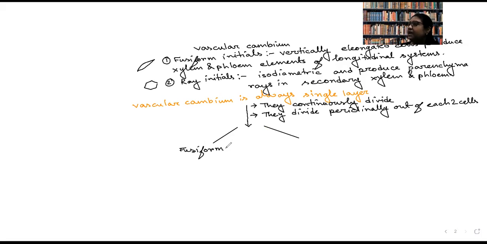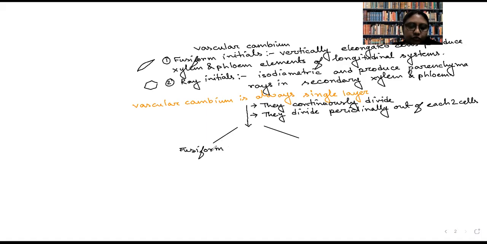Where are the phloem and xylem dividing so far? You are getting confused. Did I say that the phloem and xylem is getting divided? What is getting divided? The fascicular cambium and interfascicular cambium present between them. Phloem and xylem are permanent tissue. How will they divide? That's why I said the division will be occurring in a ring. Why ring? Because of fascicular cambium and, in between two fascicular cambium, interfascicular cambium. And as the structure is conjoined, ultimately it will form a ring-like structure.